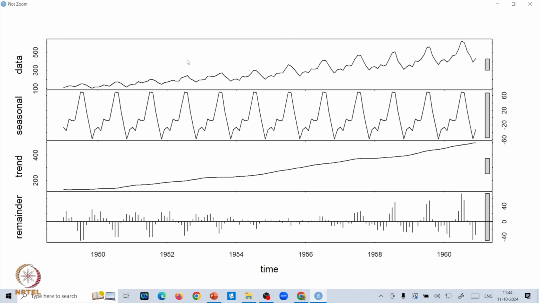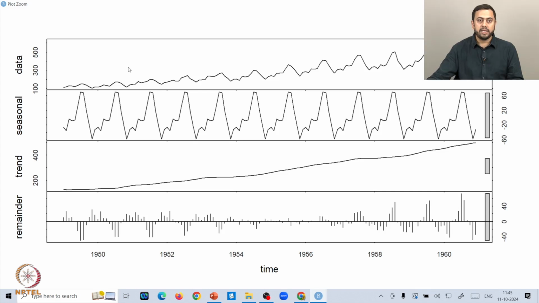So again, the same story. The first row gives you the actual air passengers data and how it behaves, and the second row tells you the seasonality aspect of that, and clearly you can tell that there is some substantial seasonality present, right? And interestingly, you also have a trend there, because the third row indicates very clearly a very strong upward sloping trend. And then lastly, the remainder aspect.